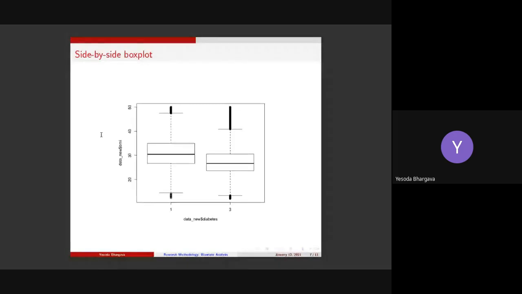Now, what do you observe when you look at this plot? What are your observations? For that, you must remember what a box plot is, what the middle line denotes, what the lower line denotes. If you know what a box plot is, then you can interpret the box plot for the diabetic and the non-diabetic category and then compare the two. So I would like to know from you, what can you interpret looking at this plot, which is called the side by side box plot?